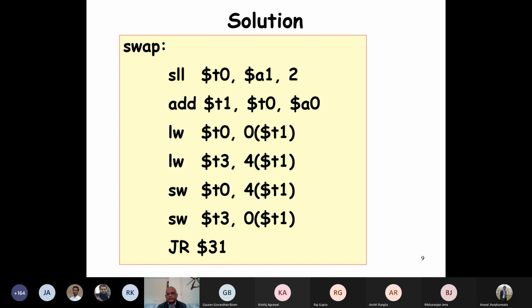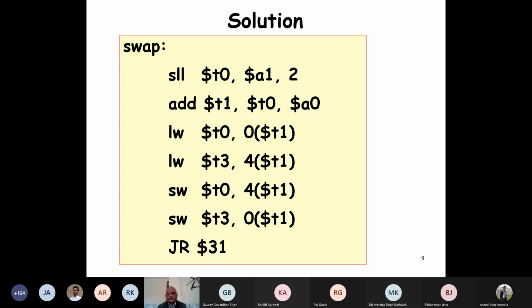Manavendra Singh Kushwaha, are you there? Manavendra, can you give an answer? What does the first instruction achieve? SLL. It will shift to the left side, by 2 bits. Okay, but what does that achieve?